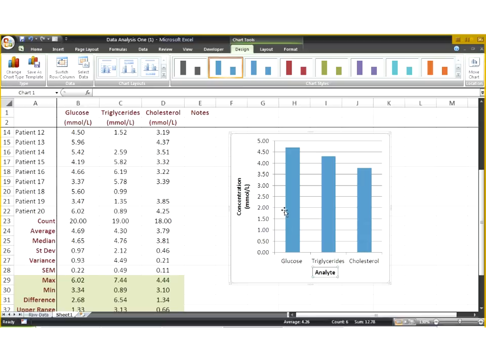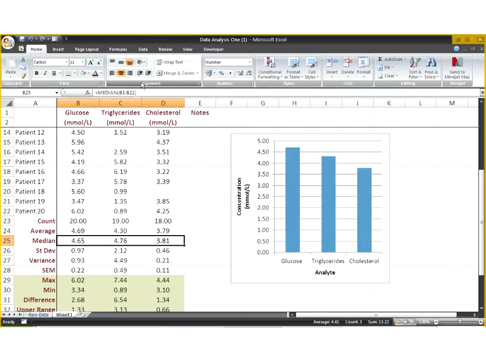So now we have Analyte, we have concentration. They're not really the right size, but that's okay. We're going to fix that shortly. One of the things that Excel is quite good at doing is spotting how many significant figures you have. Remember, we set up the spreadsheet to have 2. And Excel is clever and says, well, if you have 2, then the chart has to have